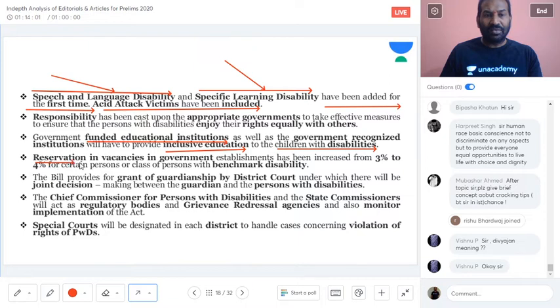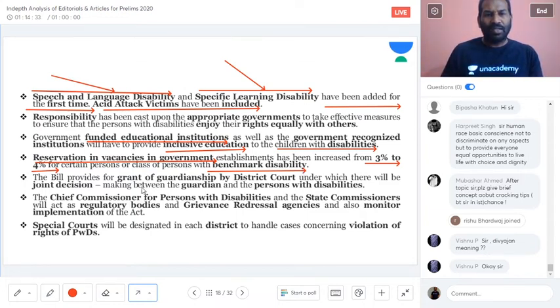And there would be a reservation in vacancies in the government for the persons with disabilities, which has been increased. Earlier it was 3%, it has been increased to 4%. Please do understand all these salient features. It is very, very important for prelims 2020. And then they would be decided by a benchmark disability. That means when they are going ahead with the reservation in regards to the vacancies in the government, then it has been increased from 3 to 4%, but they would be considering based on the benchmark of disability. That means the percentage of disabilities